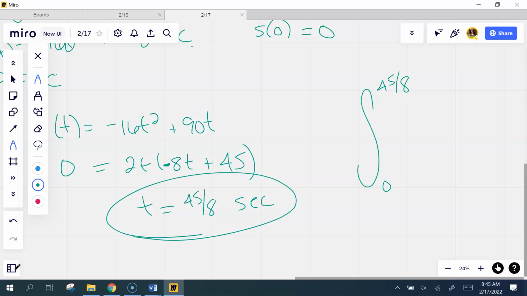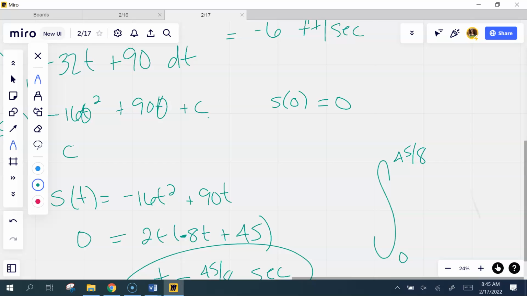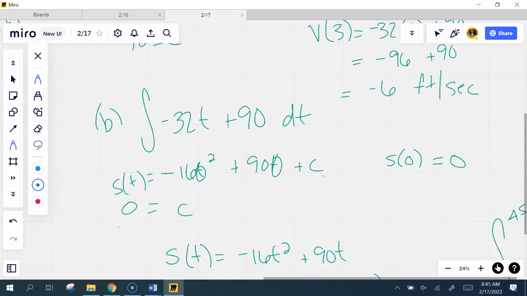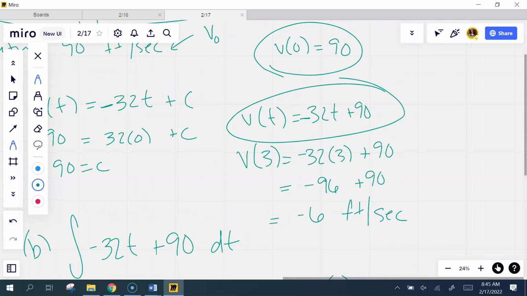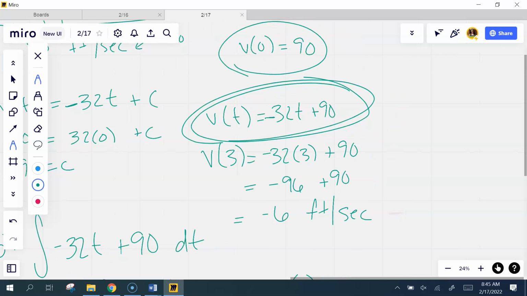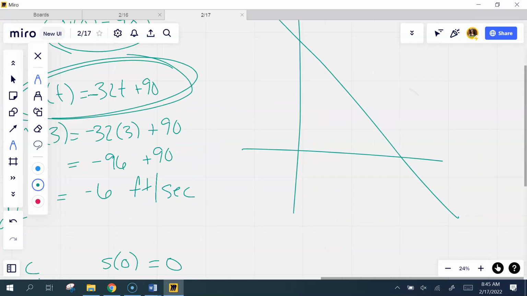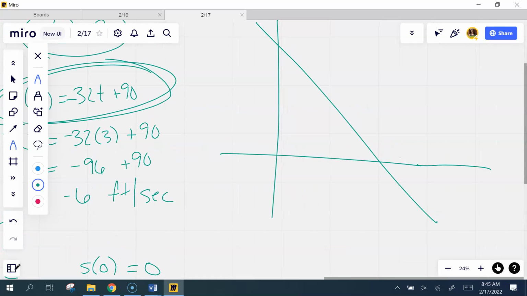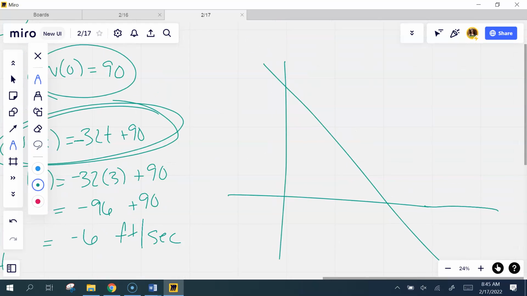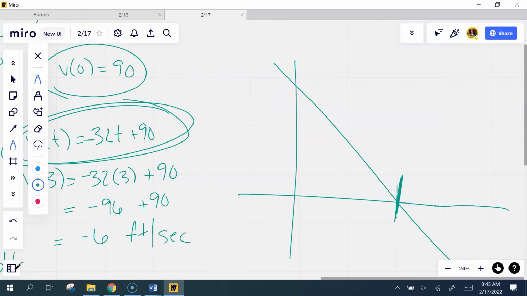I would say this is a calculator problem because this is going to have to be one of these split up integrals, right? If I think about what velocity looks like, where's my velocity equation? Negative 32t plus 90. It's going to look like this, right? You agree with that? So at this point where it's split, where it hits the x-axis, which happens to be